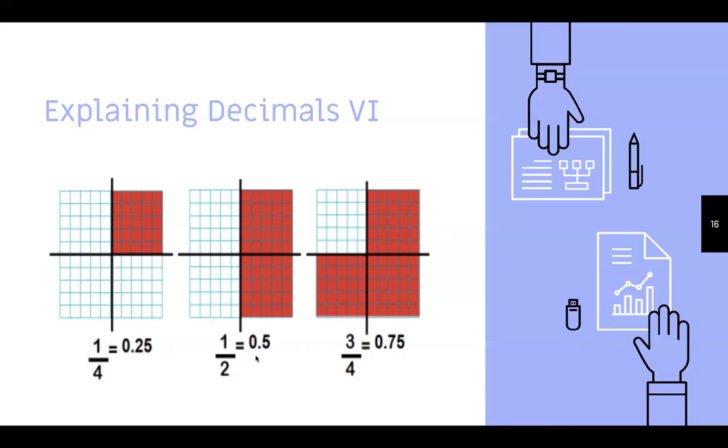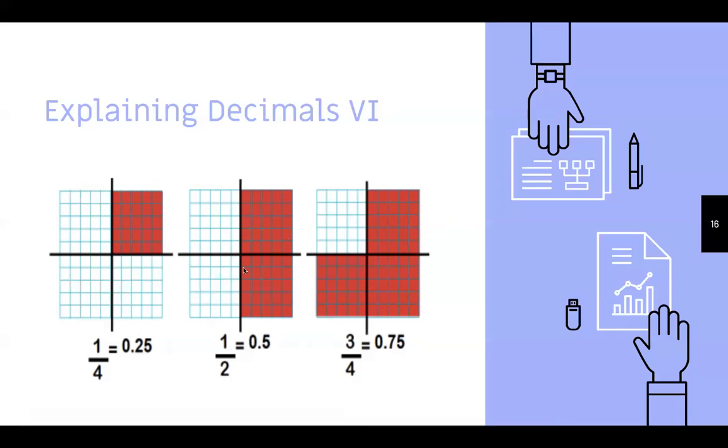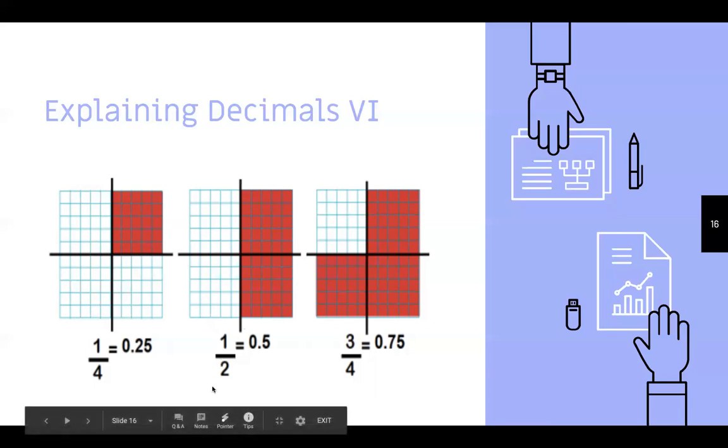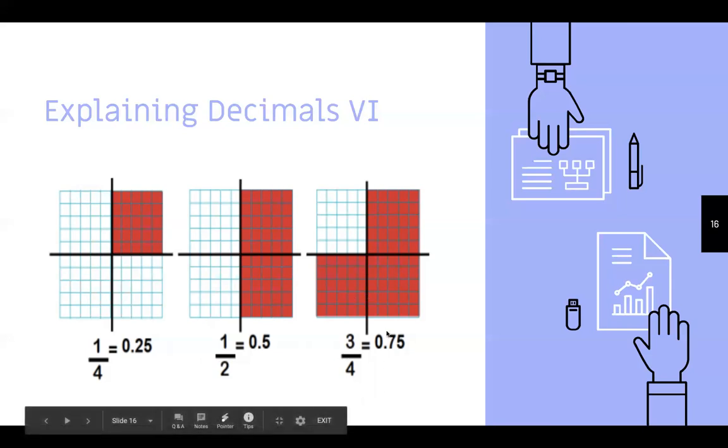Now this has 0.5 shaded, an extra 25 shaded, 50 shaded in all. That's half of it, right? 0.5 is half of 1. 1/2, you probably know, is half of something. So that's 50 squares. And then 3/4 is another grid that gets that third quadrant, getting 75 squares